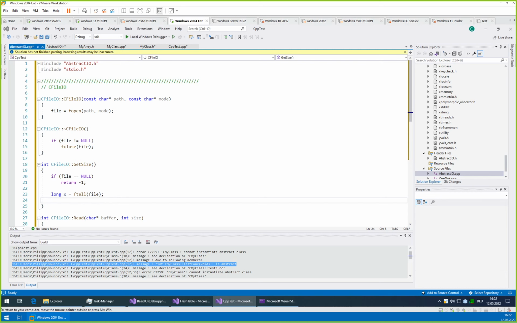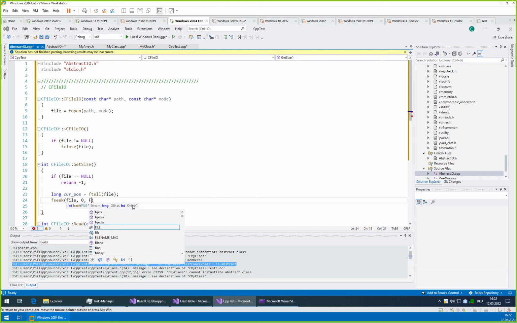So we get the file's current position. Then we call fseek with file, comma, offset null, comma, origin. What was it? SEEK_END, was it.